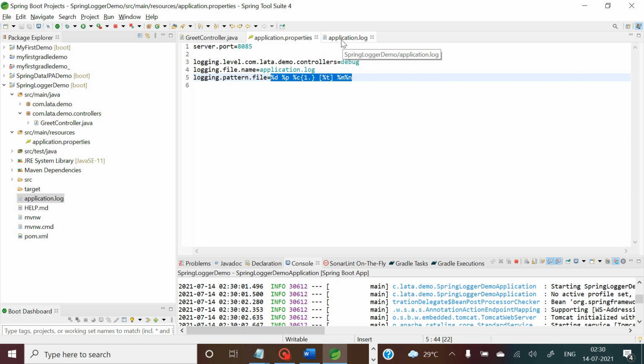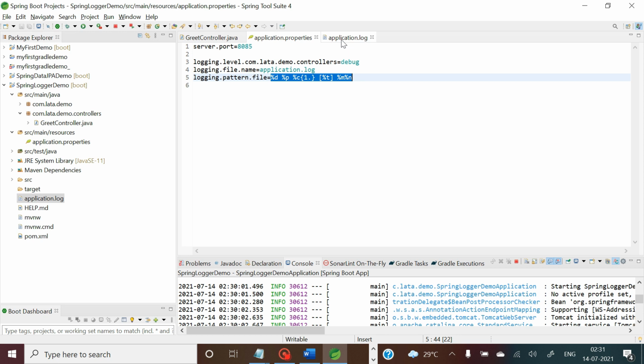But many times you would like to have different kinds of logging information in different types of files. For example, for your successful code you would like to maintain some logging information in an app.log file, let's say, and for some errors you would like to keep information in a separate file, let's say with the name error.log. So how can you do that? You are going to see that now.